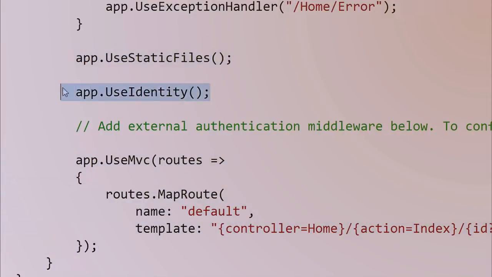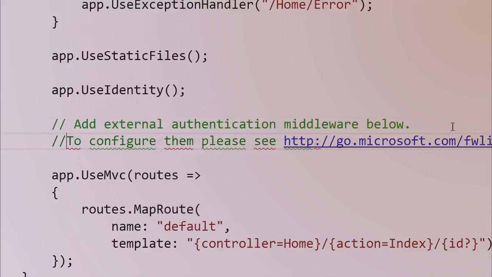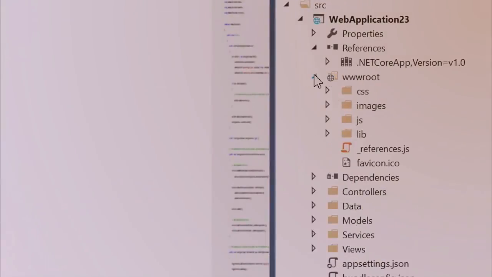There it is. And then use static files, and then use identity. That's the middleware for the authentication of the user's name, Scott or Maria or whoever. And then you see here it says add external authentication below. So if someone wanted to do Twitter or Facebook, you could do it this way, you could do it that way. Okay, cool. But if we look at the Solution Explorer,